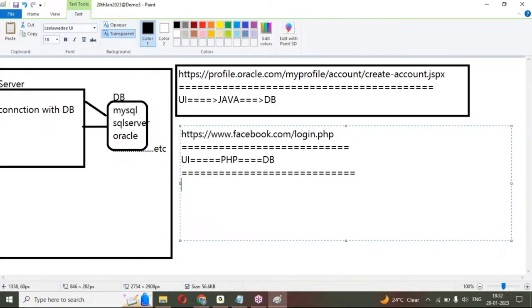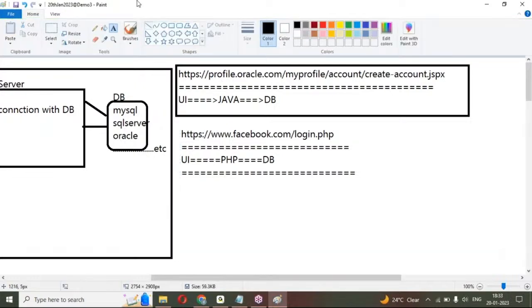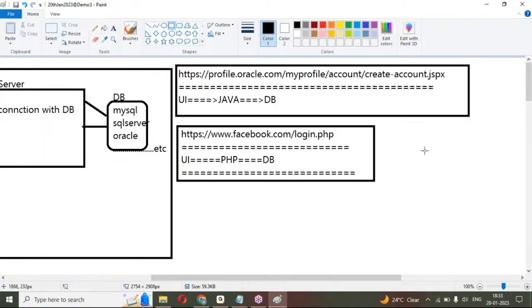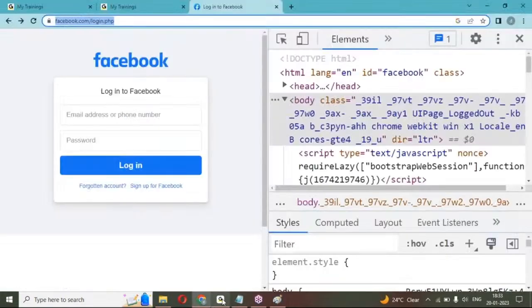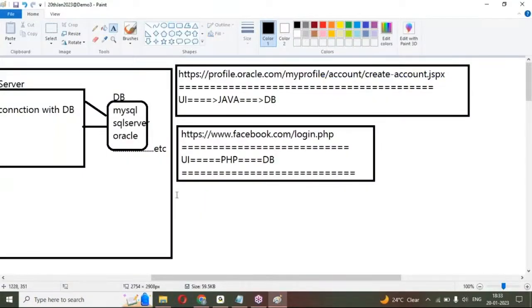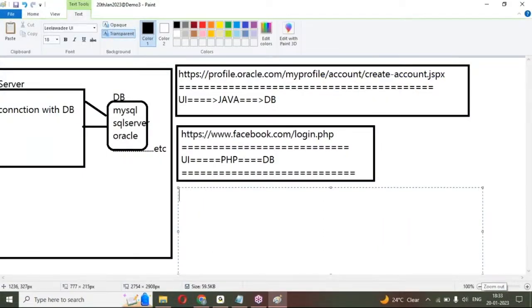Servers are changing. The database is also not fixed to one database. Databases also change, depending on the type of database, Oracle, MySQL. Here we are writing the Facebook page, and that Facebook page we can create like this. From this we can understand text boxes and buttons. Whatever UI page you are seeing, create account page or login page, whatever it is, text boxes, buttons, submit buttons, radio buttons,